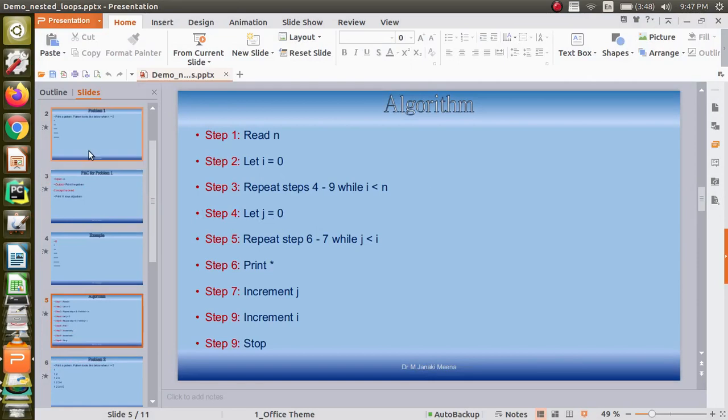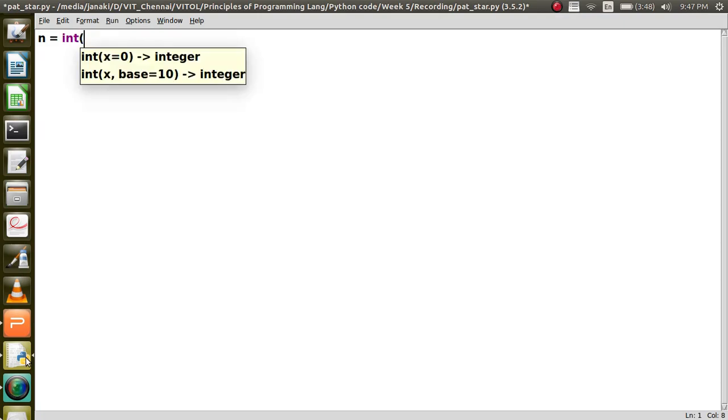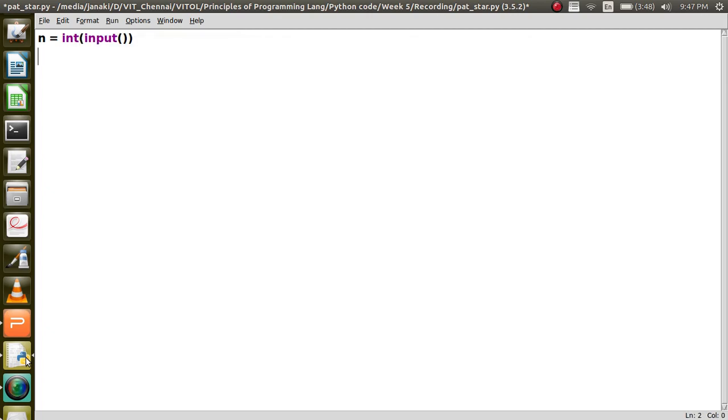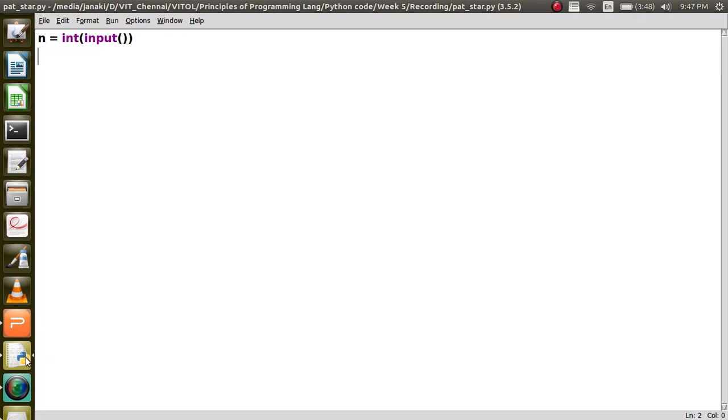Okay, so let us start coding it. What does the algorithm say? First of all, we have to read the value using the input function, and we have to convert it into an integer. Then i equal to 0.